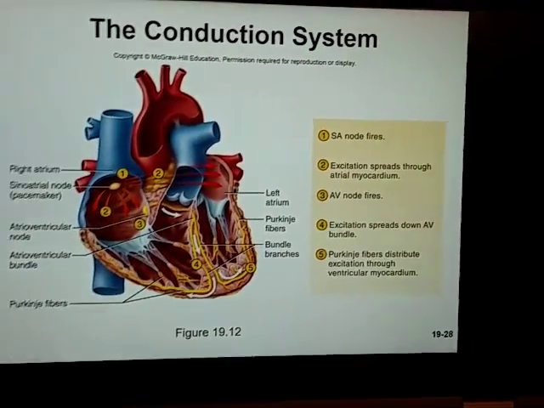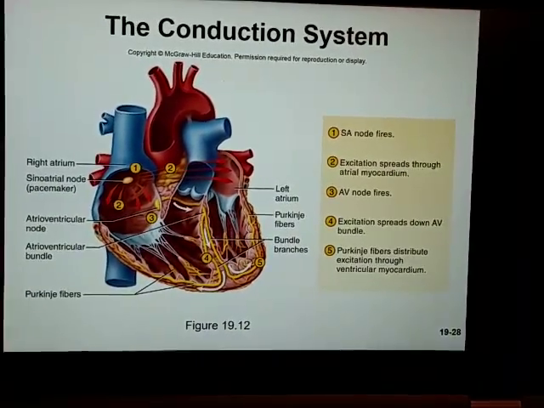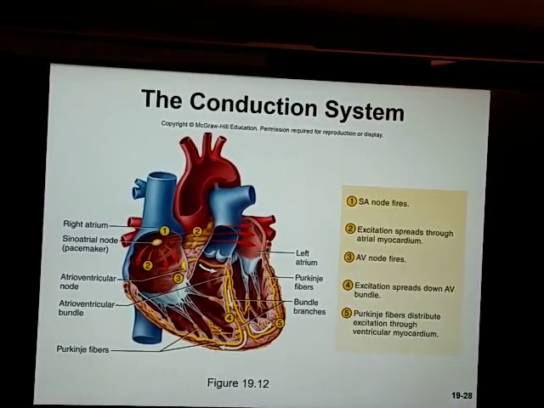Oops, sorry about that, you guys. I hit the camera thing. It does this